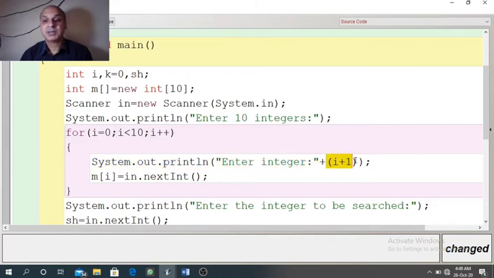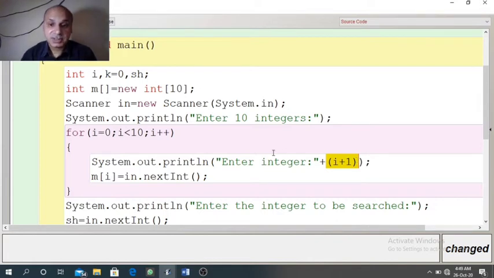After that, plus symbol, I have mentioned i plus 1. So the value of i plus 1 will change according to the value of loop variable i. So first time when i equal to 0, it will display a message, enter integer 0 plus 1, that is 1. Means enter integer 1.